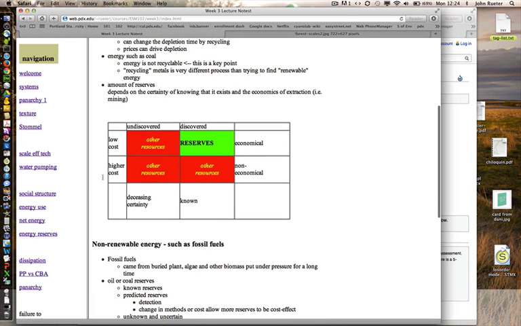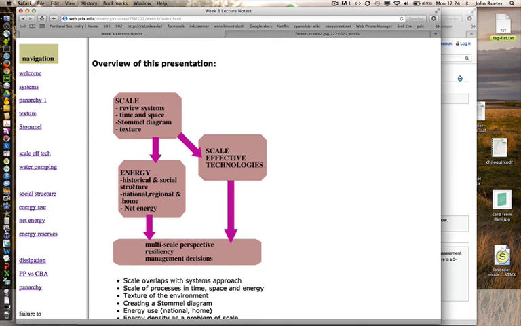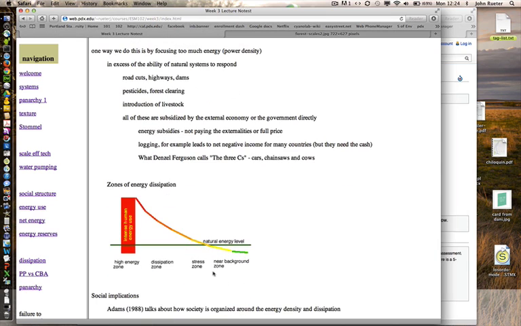Okay. So now I'm going to shift gears, going back to where we are in the overall lecture. We just talked about nano energy and this sort of stuff, before we talk scale effective technologies. Now I want to talk about what's the impact, or what can we learn by bringing those two things together. Here we have energy and scale. What can we learn by bringing those together? The first thing is sort of a minor point, but we have the amount of energy that we use in a particular area, the energy or power